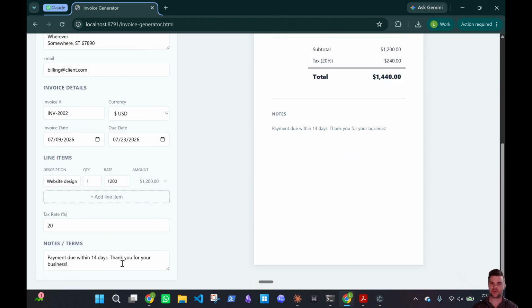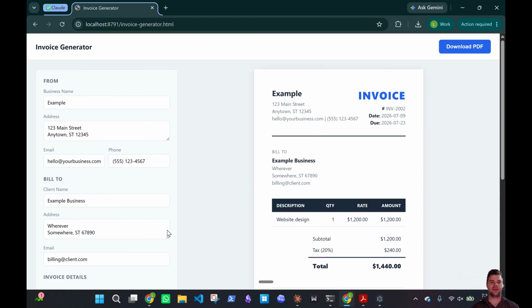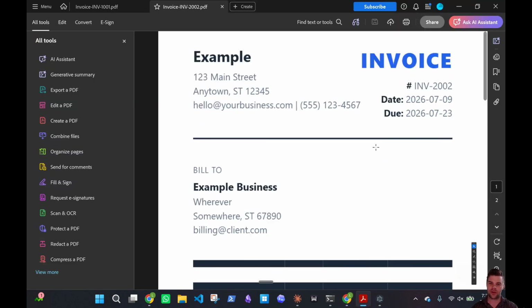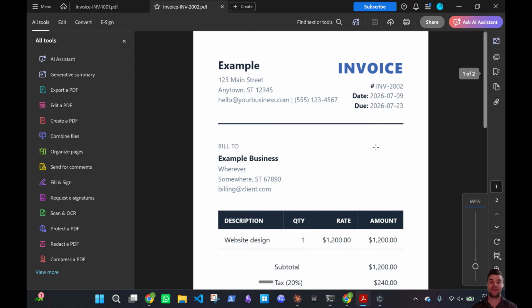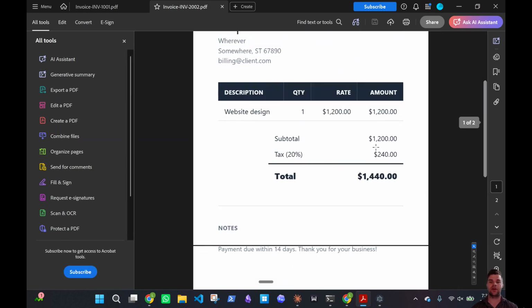Yeah, let's see how this works. So the stuff you'd fill in is on the left here. And then let's hit download PDF. Should generate. It's downloading right here. You can kind of see it. We'll click on it. And boom. Okay. It created the PDF. It is that easy to make an application with HTML to do something simple like generate an invoice, or